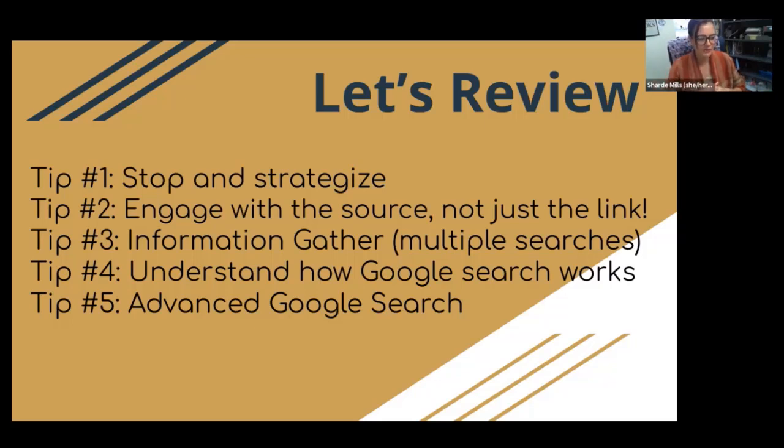And then tip number 5 being experimenting with an advanced Google search. Use the quotations to very specifically say, no, I'm looking for this as a phrase or one idea. Use the different search boxes and experiment with them so that you get more specific search results. And then also, of course, we have those options at the bottom where it helps us narrow in again on source type. So when we search online, as I'm talking, I'm realizing a big part of this conversation is the source itself, the source type, engaging with this concept of source versus just a website.